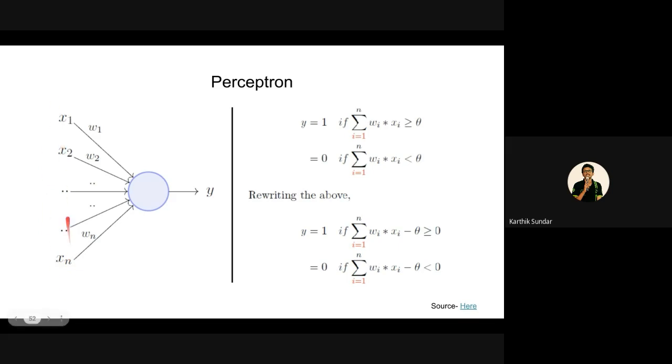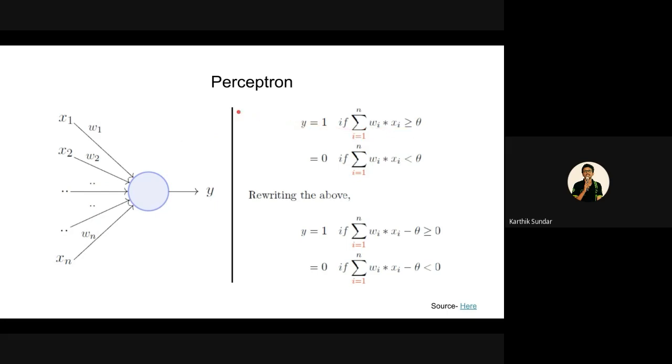You can have any real numbers as your inputs. Number two, the sum is no more going to be just an absolute addition. It's going to be a weighted addition. So each input will have a weight. X1 is having W1, X2 is having W2, and so on. So the g(x), which just adds the inputs in the MP neuron, here in the perceptron is going to do a weighted sum, as you could see. But the thresholding is going to be almost the same.